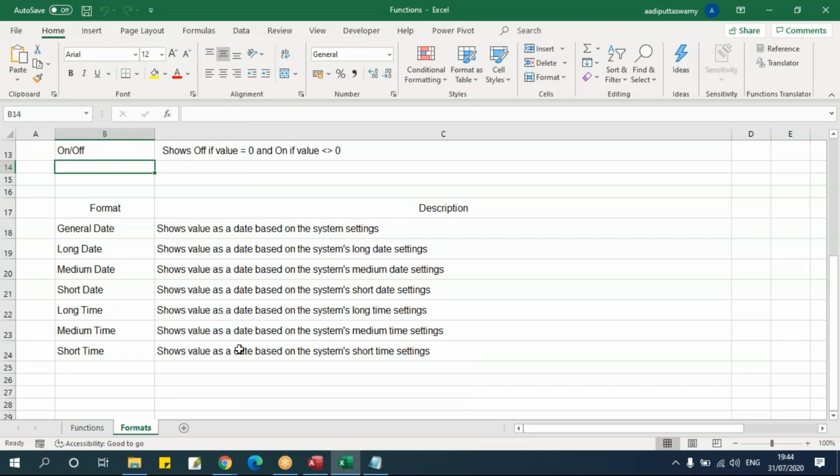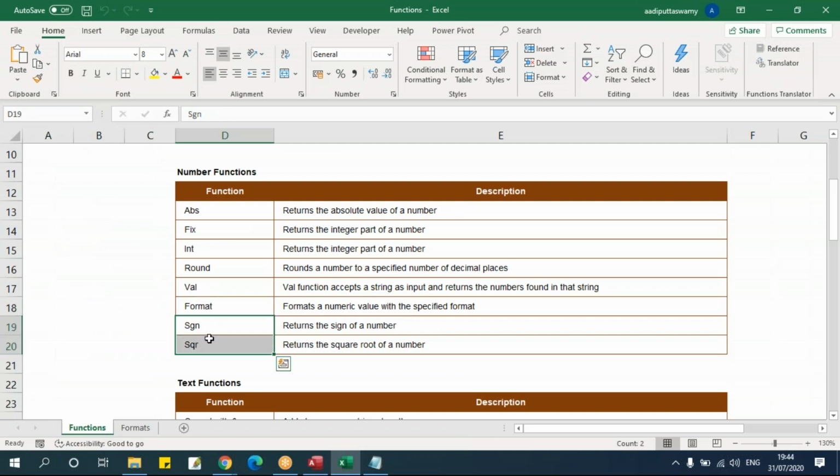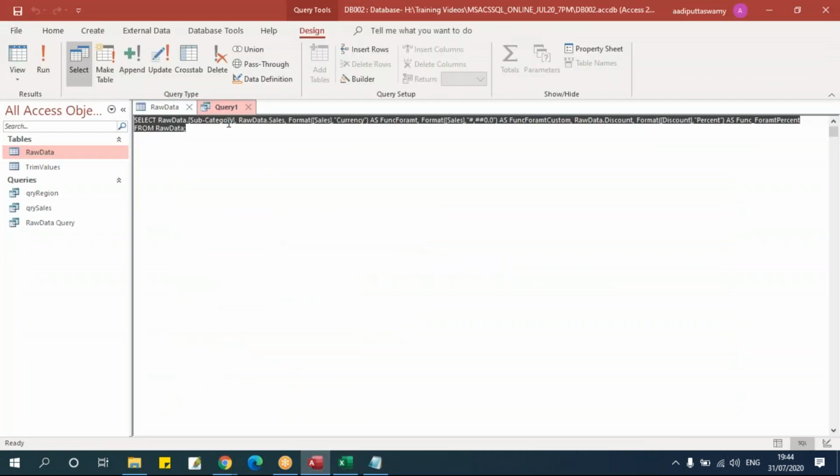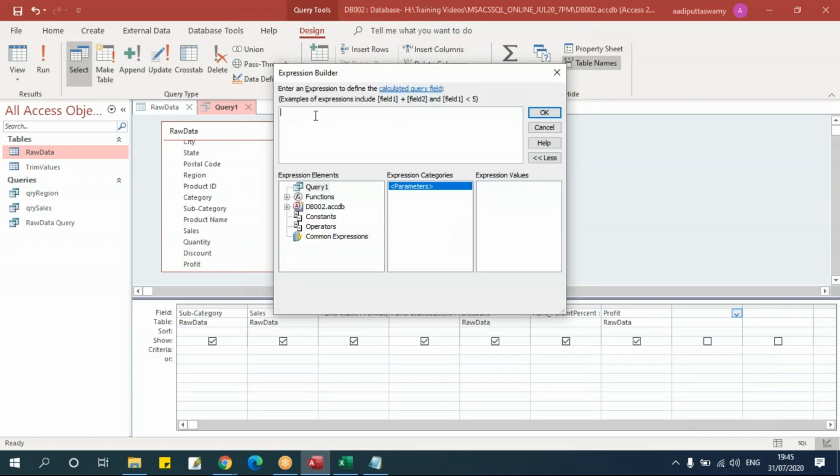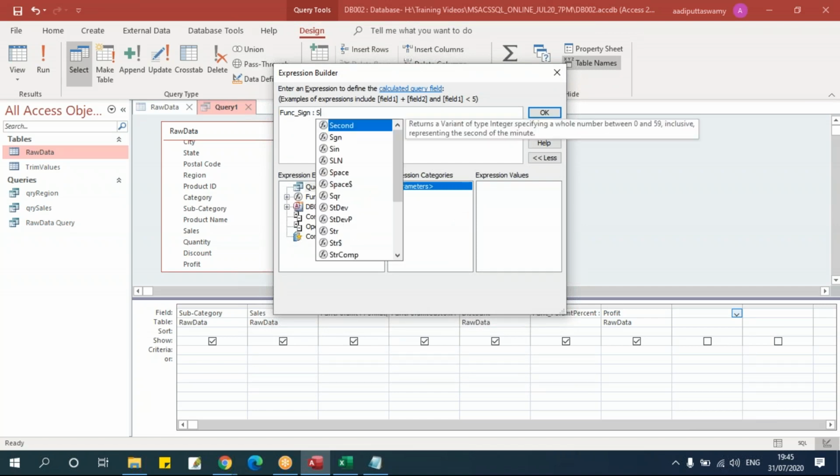Right. Next one is about the square root and sign. This sign function will just give me the sign, positive or negative, of a number. Let me use the same query itself. Now I'll take this profit and put it here. Here I'll use SGN, that is sign. Function, sign, SGN.